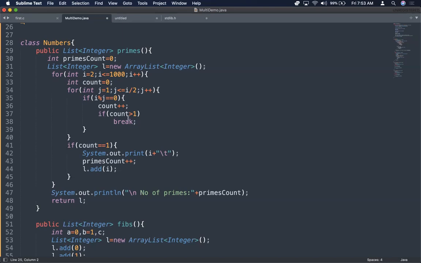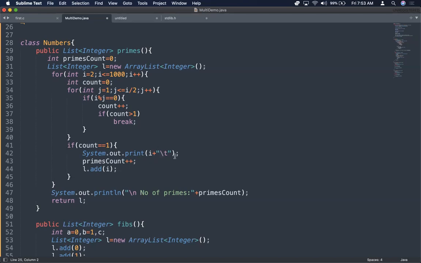And if the count is greater than 1, definitely that is not going to be a prime number. Unnecessarily I am wasting time, right? If the count is greater than 1, I am coming out of it, because unnecessarily I am wasting time over there. Okay, so if count equals exactly 1, then definitely that is a prime number.